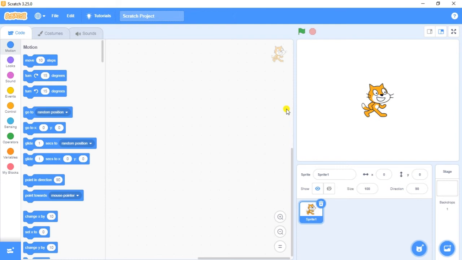So my dear students, let us discuss the components one by one in brief. Okay, so firstly we have to discuss the sprite. What is sprite? Sprites are objects that perform various actions in a Scratch project. Scratch provides a number of inbuilt sprites. By default, the cat sprite is selected and displayed in the middle of the stage. Okay, and this whole white area is known as the stage.